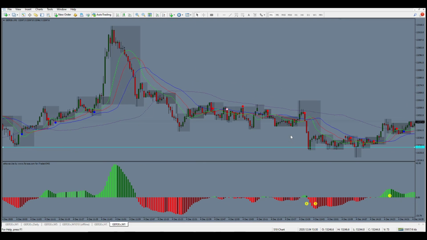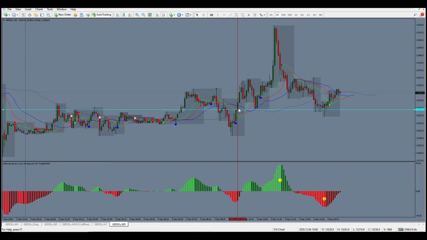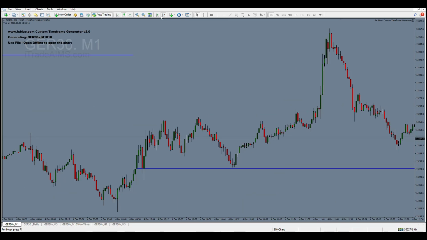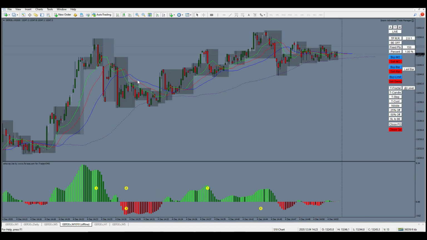Then it came back to it, and if you look at it, I'm going to move to the M5 chart. If you look at it, price went up, came back around this level, bounced, went up. When this happened, this was a type of move where price stretched too fast away from the average, and so price snapped back, and guess what it came back to? It came back to this level. So if I take you to the other chart again, which has plotted all these